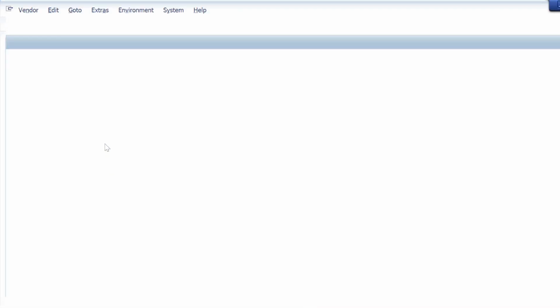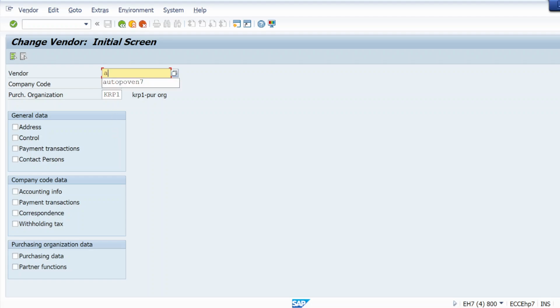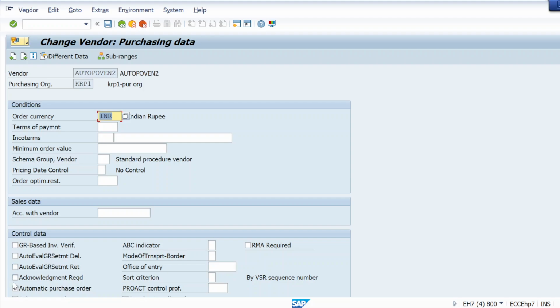I'm doing it in ECC. That's the only difference, like we used to do that in XK01 and XK02. Company code. Let me check in purchasing data only. Auto PO is there. Yeah.